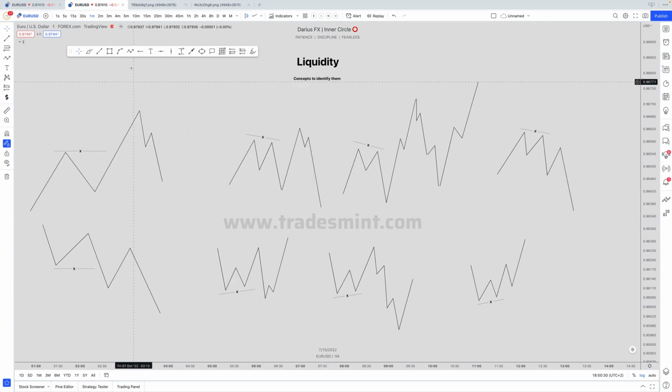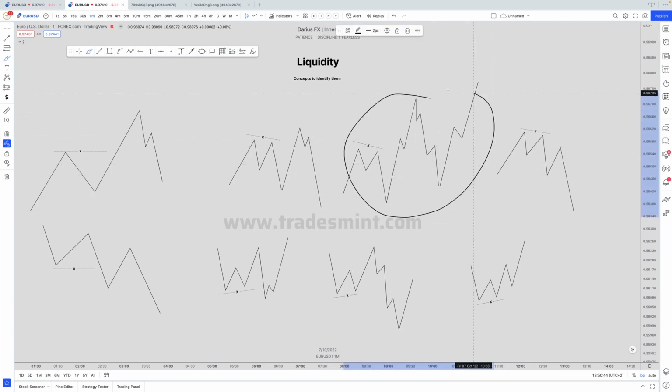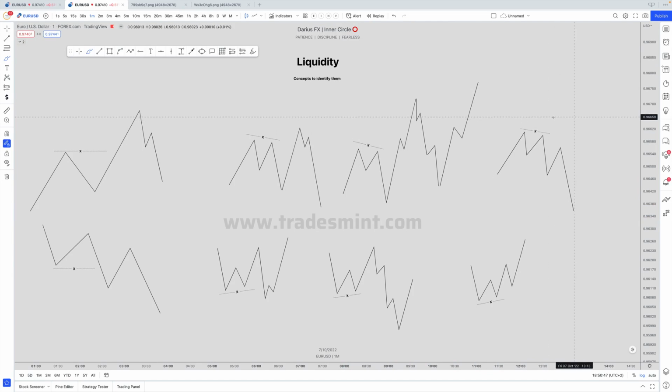Because what everybody wants to see, super psychological here, they all want to see this scenario. Everybody. Trust me, when I started with SMC, this is what I wanted to see the whole time. But then I started to realize it's not always like that. I've seen this scenario. I've seen this scenario. Now, when is that one occurring, when the other one?